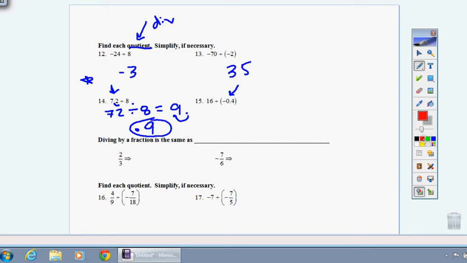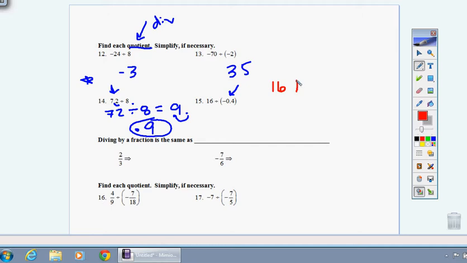Now, pay close attention to how this one differs. If I do 16 divided by negative 0.4, I'm going to do this problem a little bit differently. If the decimal is the second number, you treat the problem a little bit differently. What I'm going to do is move the decimal from the beginning. So I have 16 divided by